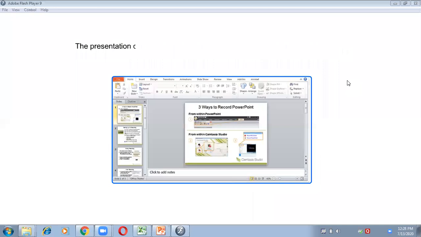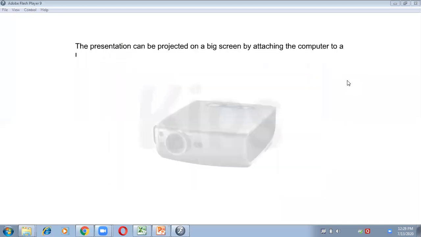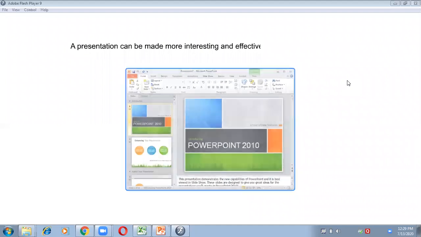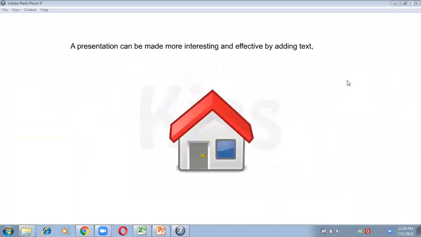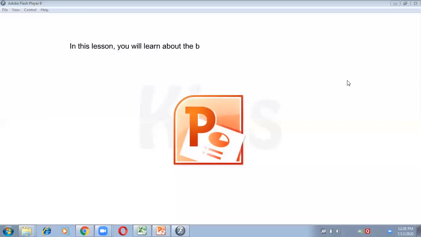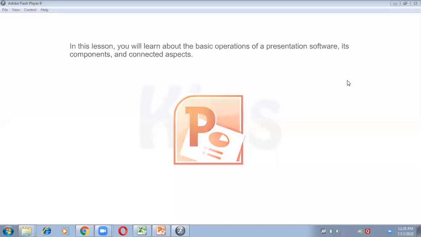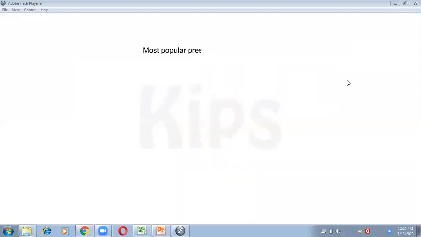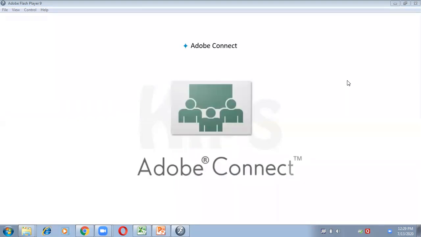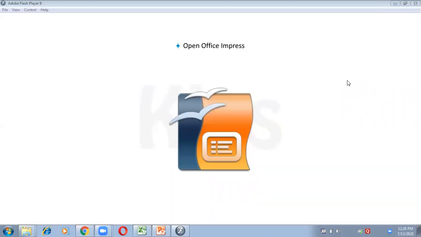The presentation can be projected on a big screen by attaching the computer to a multimedia projector. A presentation can be made more interesting and effective by adding text, diagrams, scanned images, clip art, sounds, videos, designs, and special animation effects. In this lesson, you will learn about the basic operations of a presentation software, its components, and connected aspects. Most popular presentation softwares are Microsoft PowerPoint, Google Slides, part of Google Docs, Adobe Connect, OpenOffice Impress,